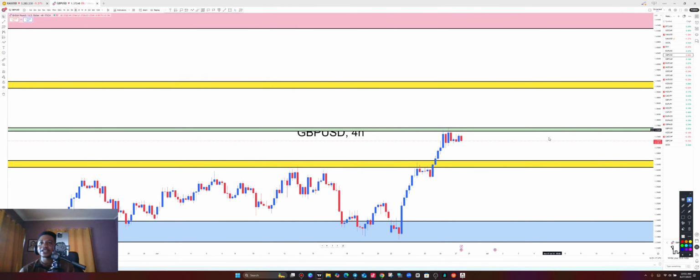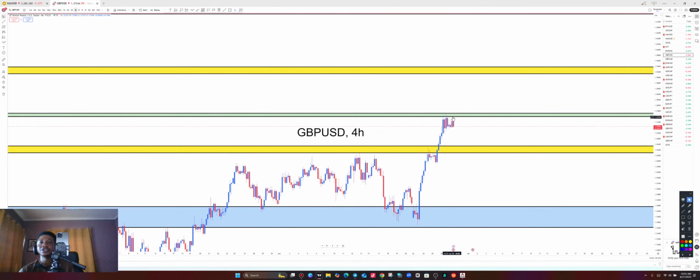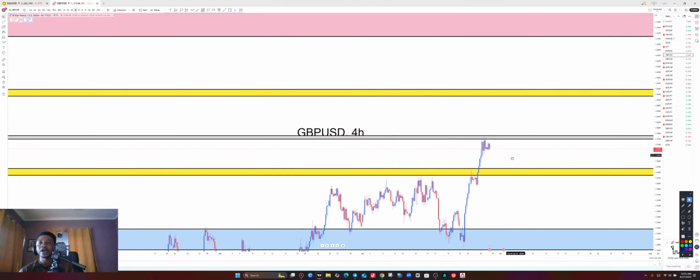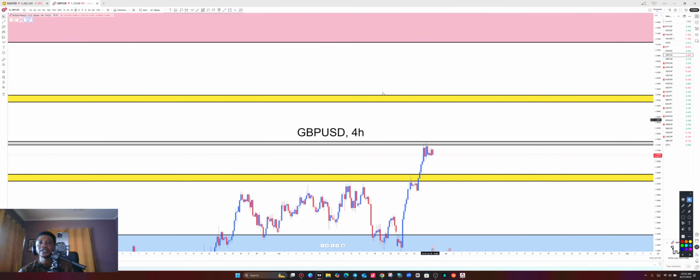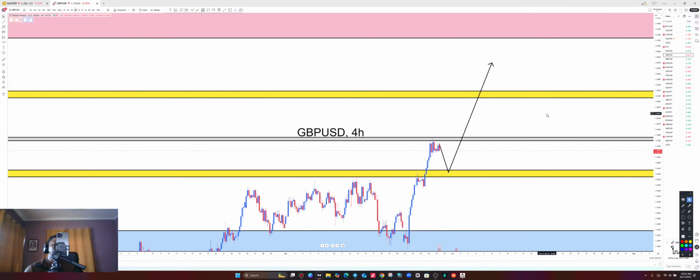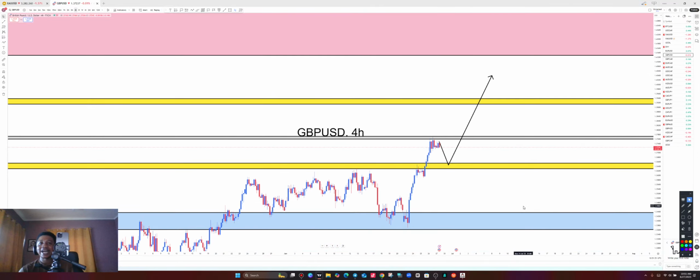All right, so this is the 4 hour time frame of GBP USD. Let's finalize things over here. If you look at the 4 hour time frame, price has made contact with the resistance level. Where is it going to? It will be coming down for a retest. After the retest, we can go all the way to the upside. So on GBP USD, we are expecting a retest on the daily resistance level as support before we come in and buy all the way to the upside. This also becomes our full and complete technical analysis.